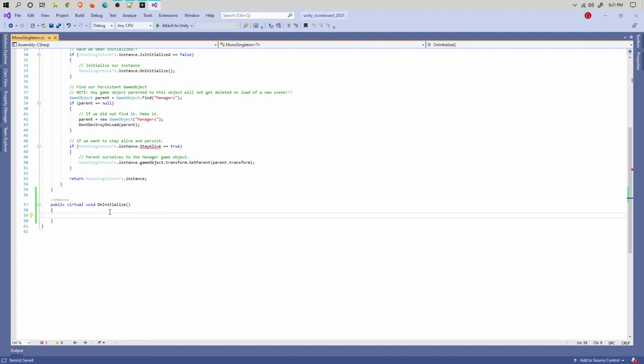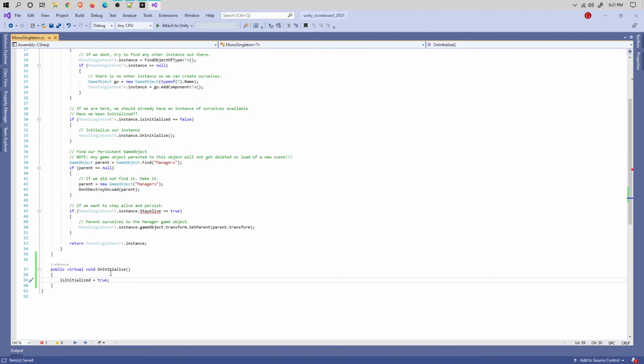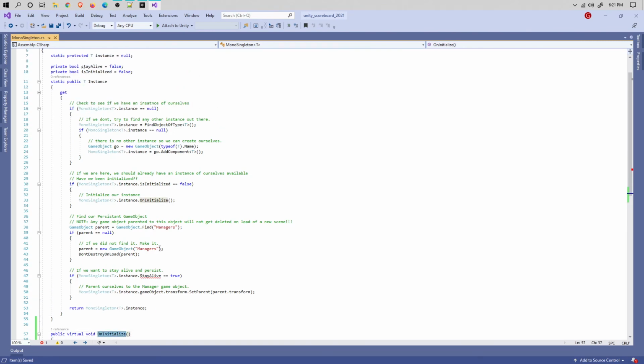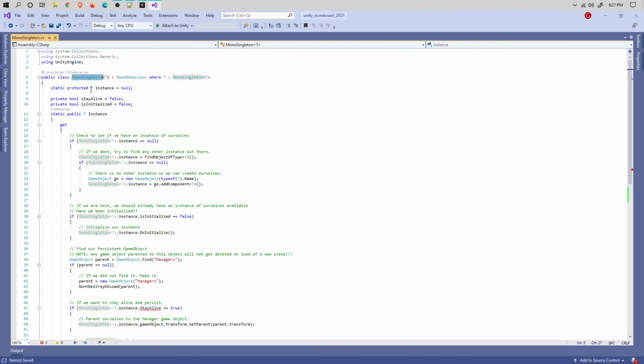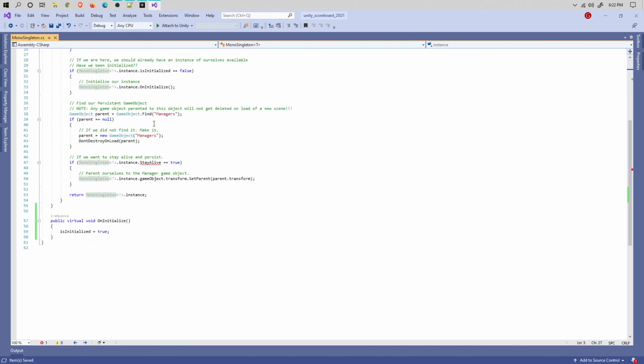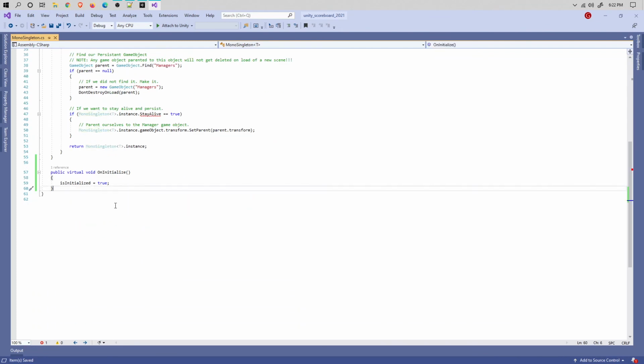All right, so what are we going to do in here? We're just going to say that we have been initialized. Okay, and that's pretty much it. That's all it's going to do. We're not going to really have anything in here because we're going to leave it up to whoever creates classes by extending this class. Okay, so then